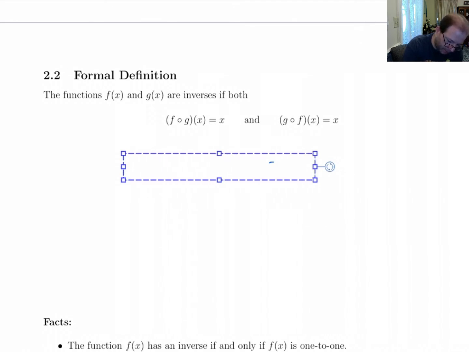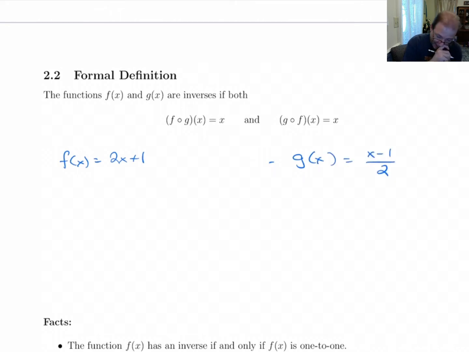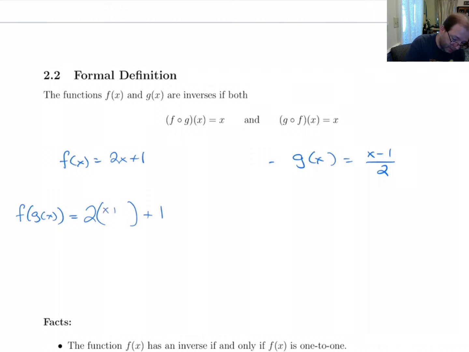Let's just write out f of x is 2x plus 1. g of x is x minus 1 over 2. And let's work both of these out. f of g, I'm going to go ahead and write it like this, is 2 times blah plus 1. And g is x minus 1 over 2. If you multiply the 2 through there, you wind up getting